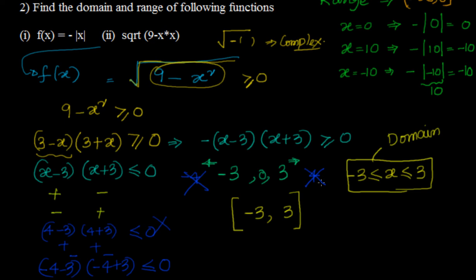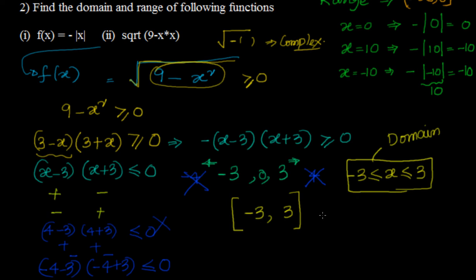If you take more positive values, more than 3, you are making both the expressions, first one and the second one, positive. That is, both (x minus 3) and (x plus 3). If you take a negative value, like instead of minus 3 you take minus 4, you see that you are making both of them negative. Then also it can never be less than or equal to 0. So two linear polynomials, you see here, right? Okay, fine. So that's about the domain.